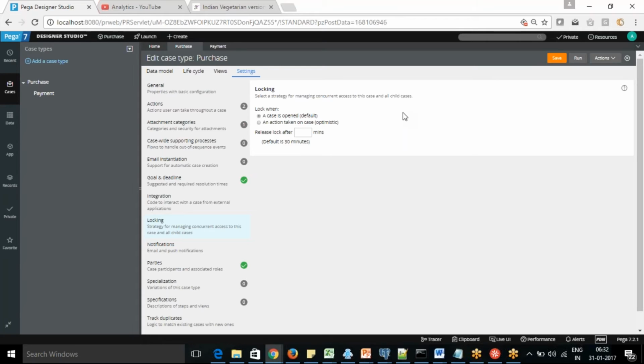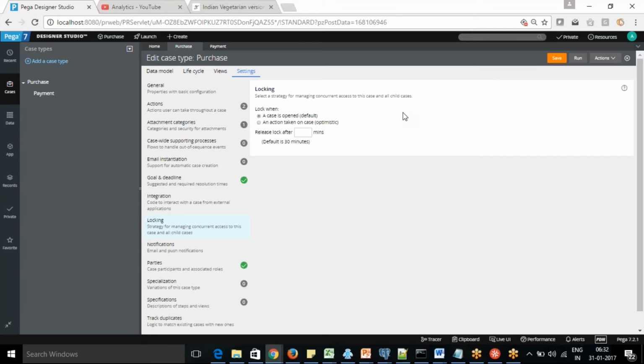But say you want to refer to a case, you don't want to update it. With default locking, if you open the case, you will get the exclusive control on the case. But say there is a case which you want to refer to in order to process a new case as well, and someone else also wants to refer to it. So two people want to refer to the same case. What will happen?